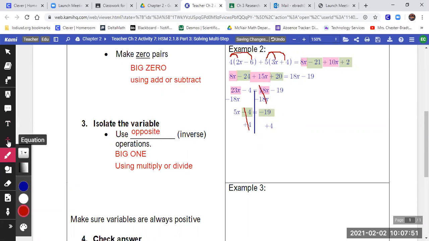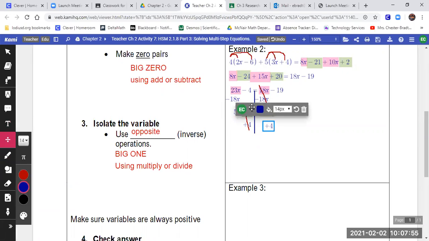What's left on the left-hand side? What's left for the left-hand side if we big zeroed the 4? What's still there, even though we got the 4 out of there? No. What is still on the left side, even though we got the 4 out of there? 5x. Okay. So 5x is going to equal,